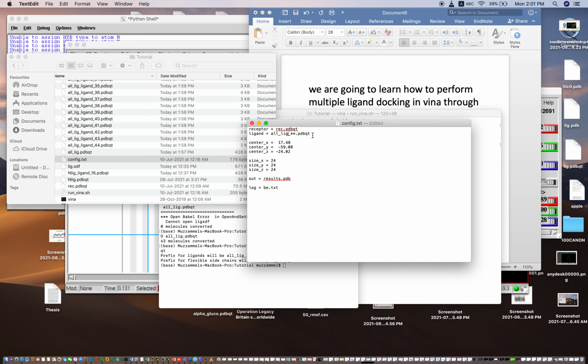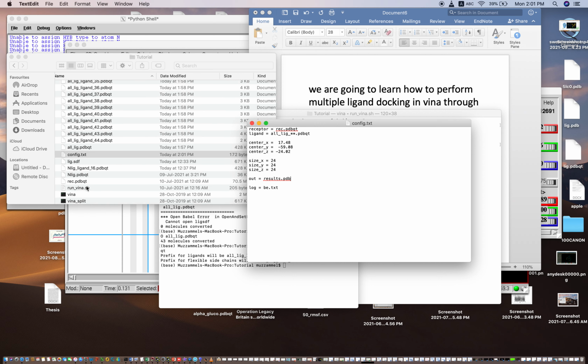If your number of molecules is in the hundreds, so 3 digits, you put 3 asterisks, or in 4 digits, then you put 4 asterisks. In our case, they are 2 digits, so we have put 2 asterisks over here. So we will save it. Okay, it is saved.